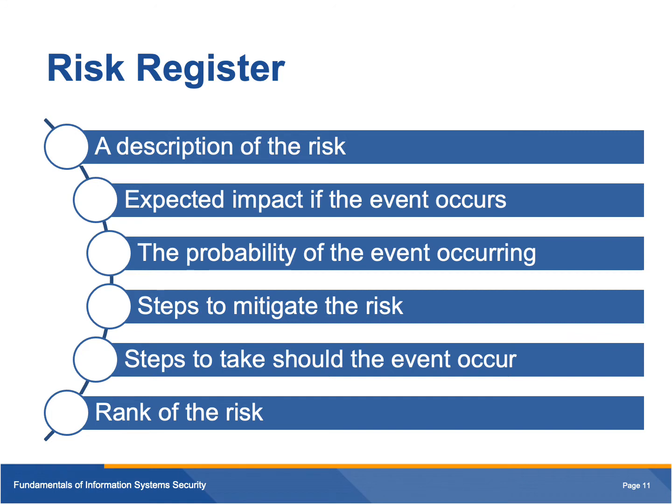But then we'll have other mechanisms that we'll talk about later, like business continuity, incident management, or disaster recovery planning. So should the risk occur, we'll look at what are the steps to mitigate this risk, what are the steps to take if the event occurs, and how can we rank this risk in relation to all the other risks that we have in the organization. So some kind of prioritization. Once we've identified potential risks, the next step will be to rank them, to prioritize this risk in regards to all the other risks that we've identified, until we get to the following step, which is, of course, the mobilization or mitigation, so the actual act